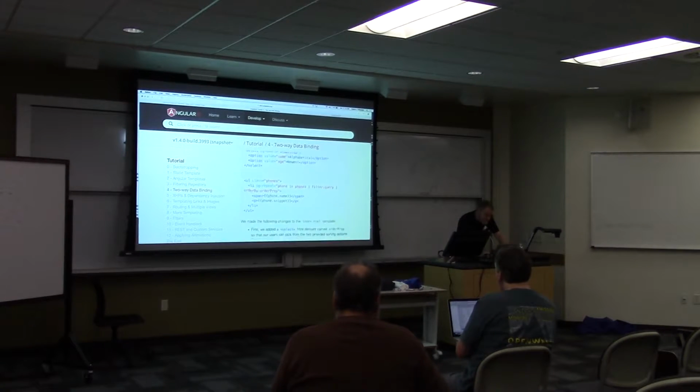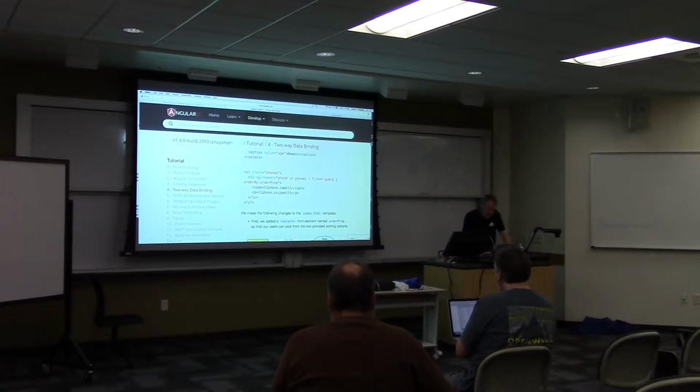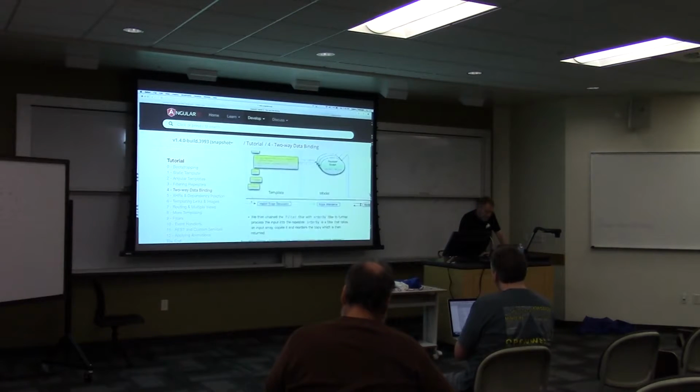And so we've added to this ng-repeat, we've added one more parameter here. We had the filter before, and now we're telling it what to order by. This is a good example of the two-way data binding, because